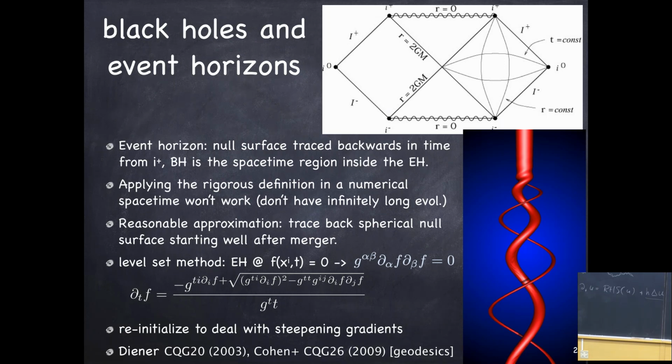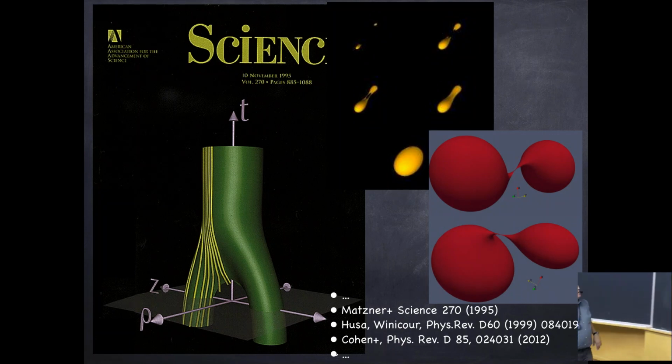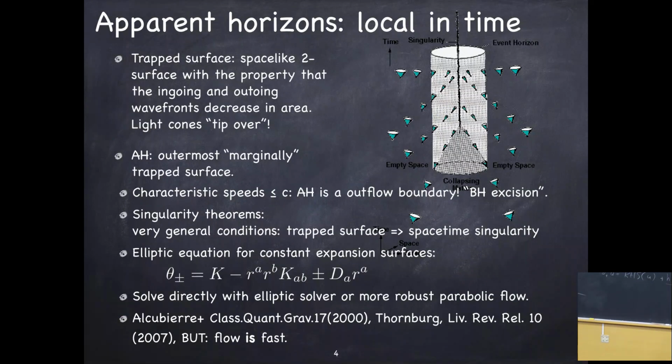Now we know, if you have a numerical space-time, we know how to find the event horizon. And in fact, there's lots of interesting geometry and mathematics associated with these event horizons, but I won't have time to go into that. All right. Now, for many practical purposes, event horizons are very nice, and are the true definition of a black hole. But since you're going backwards in time, they have a number of features which make them hard to handle,